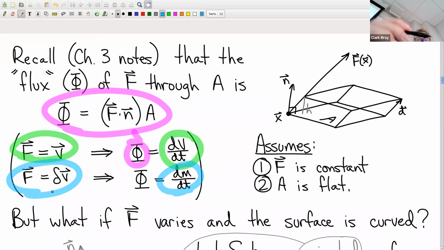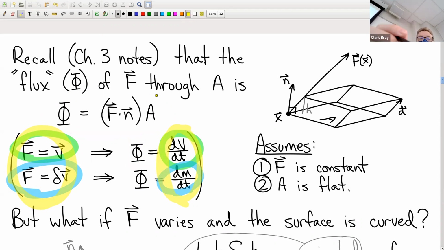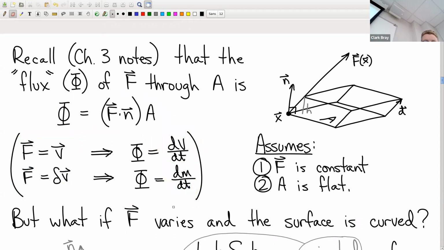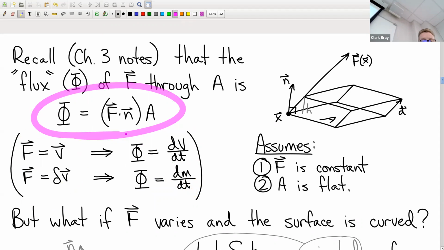But anyway, point being, depending on your physical setup and your physical interest, this expression here, flux, tells you in some sense how much fluid's passing through your surface. And details, of course, have to be appropriate. So for any application, we're interested in this formula here, F dot N times area,